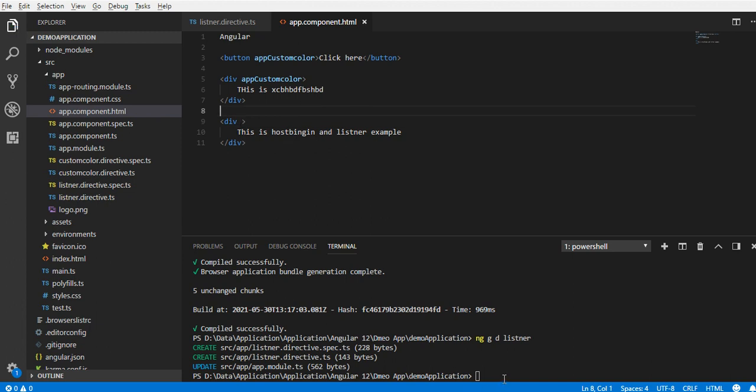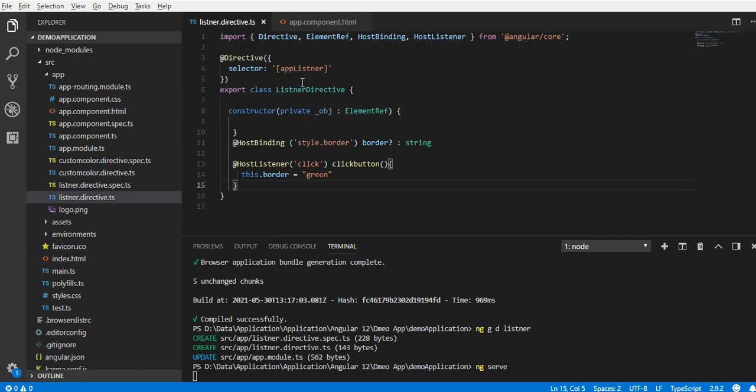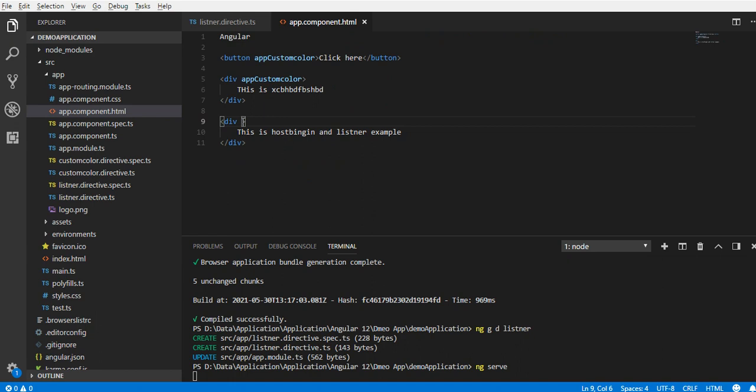Save it, and let's run this application as of now, because compiling will take a few seconds, and then we'll code the rest of the things. Just copy the selector and put it straight away on the div and save it. It takes a few seconds because the compilation is going on.